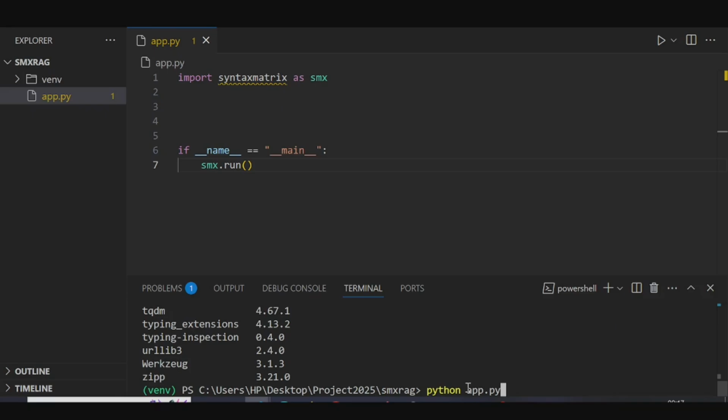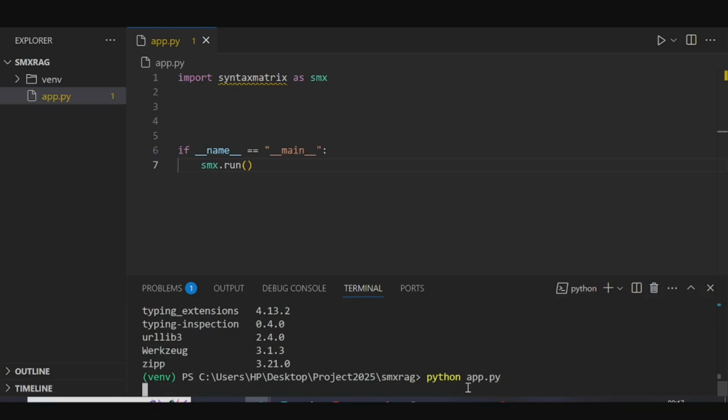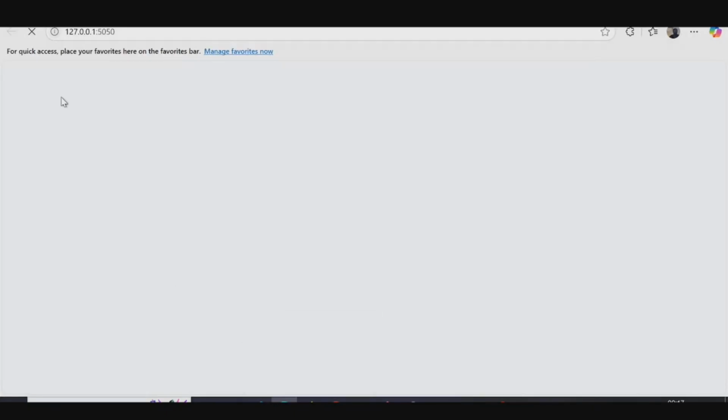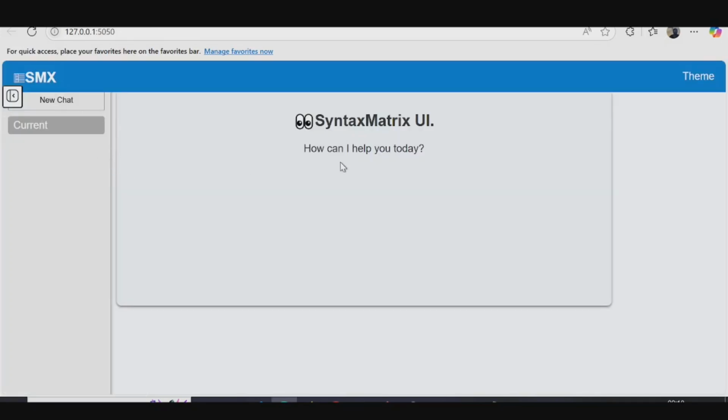Now when we run python app.py, the same command, let's see what happens. It spins up a server. And then we have our SyntaxMatrix UI in front of us, which has a sidebar, a very fluid sidebar, and